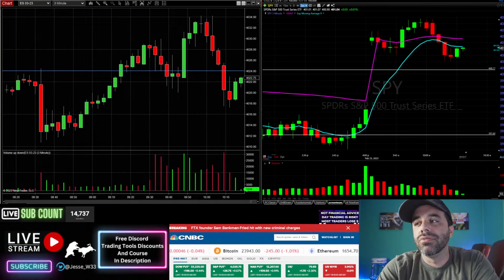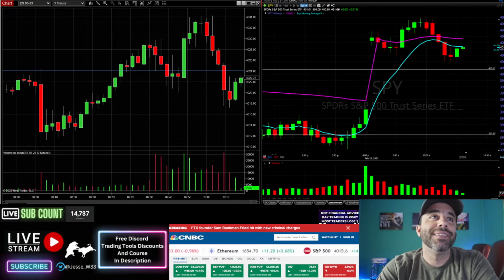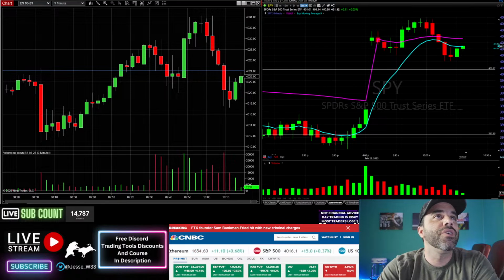We violated the day's low, so that double bottom isn't as clean anymore. It's still possible. But I wouldn't be surprised to see us chop around for a while now. We could see a tug of war here. We really could see a tug of war between 400 and 402 on the SPY, which is such a tight